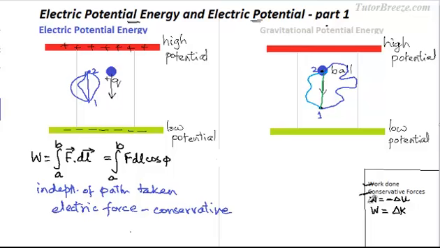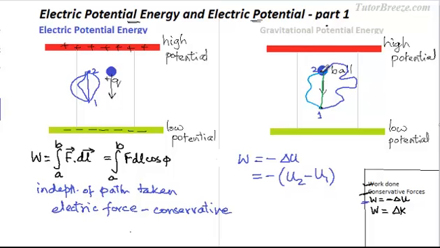Next is, for a conservative force, the work done is equal to the negative of the change in potential energy. This means the potential energy at 2 minus the potential energy at 1, and you have a negative sign. This might sound a little confusing, but it is fairly logical. When work done is positive, then delta U is negative, or the potential energy decreases. You can see that for the case when the ball falls from 2 to 1.